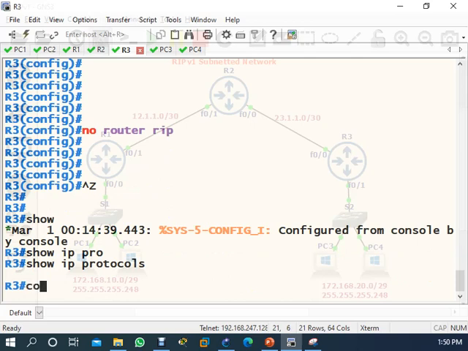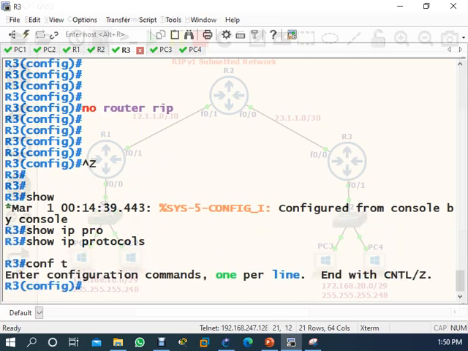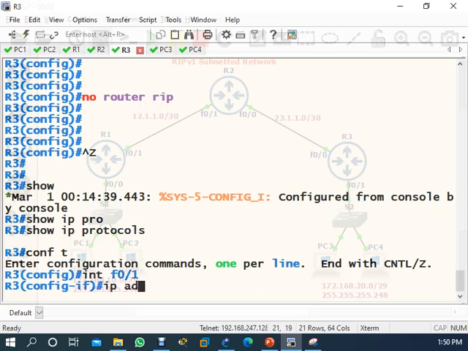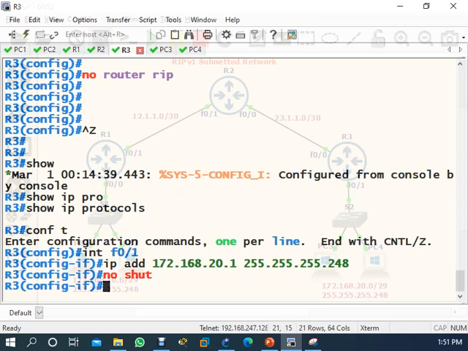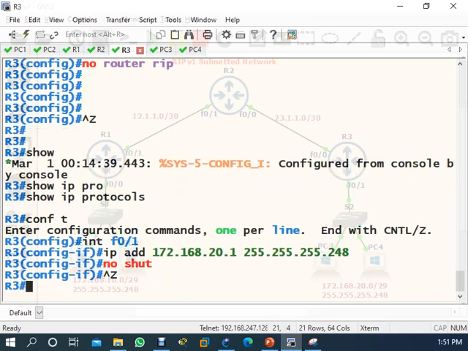Now conf t, then interface FastEthernet 0/1, IP address we should change to 172.168.20.1 and the subnet mask is 248, right? Yeah, /29. So I have updated.